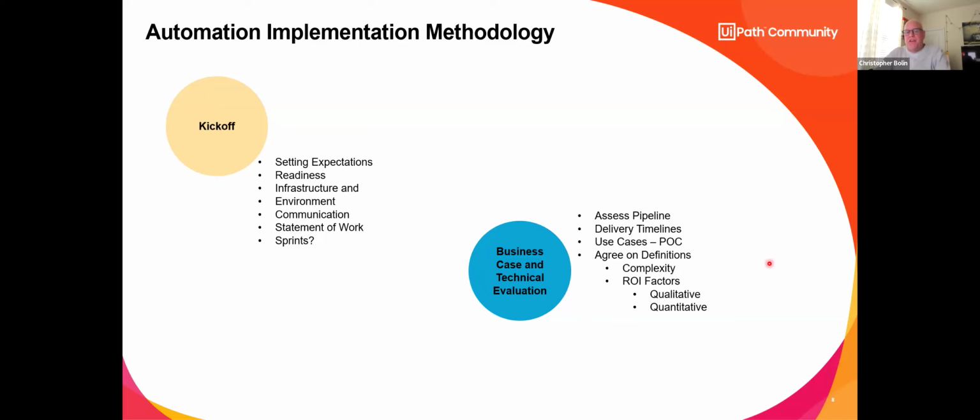Delivery timelines, what are they expecting? This is when, in my line of work, we get into what we call MVP, minimum viable product, or technical debt. We may start an automation, and the government agency or any other customer may say, okay, I want this to do this, and I also want to do all of this, but I need these first 3 steps by a certain delivery date, and everything else becomes technical debt.